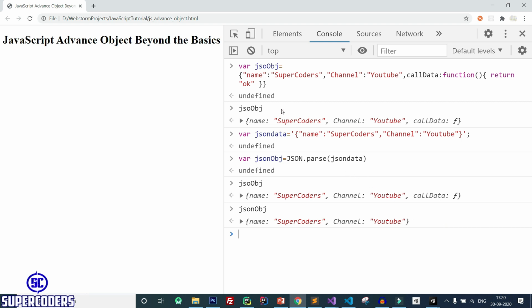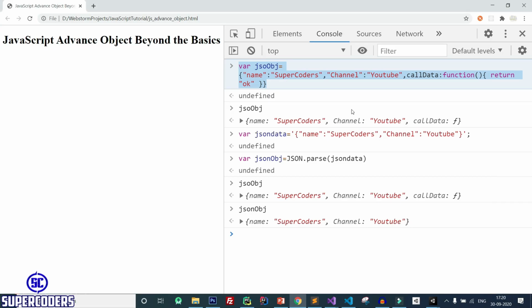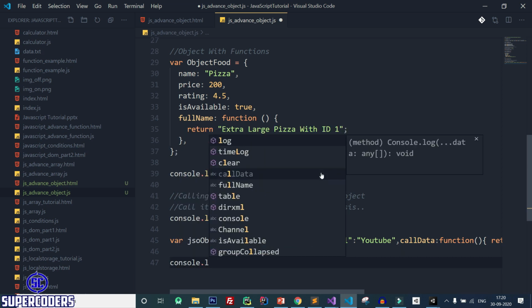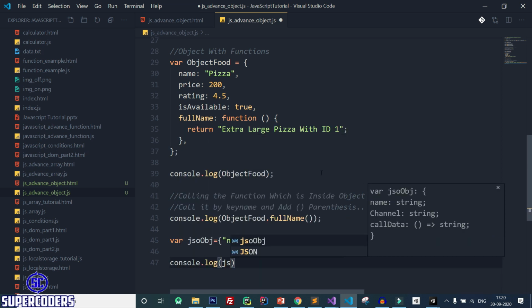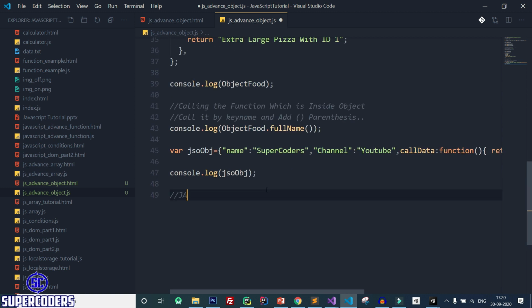So copy all this and paste here. Let's print it. So console.log JSON object. Also adding a comment here.